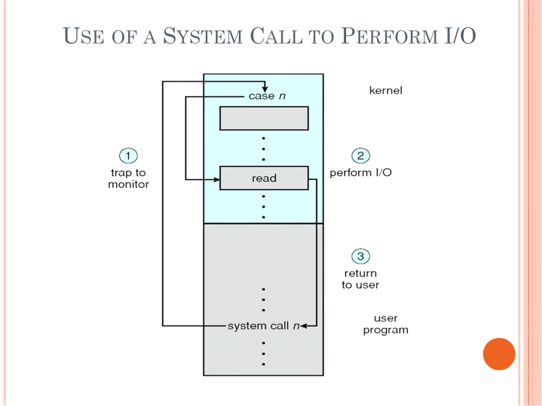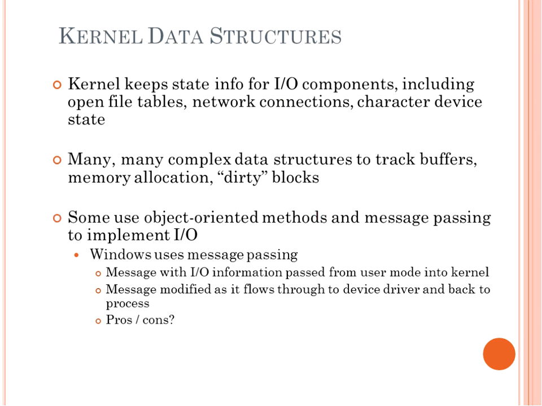So use of a system called to perform I/O. Again, we looked at this when we were looking at Chapter 3 and Chapter 2, processes. So this should be familiar, but this is how you can translate the actual electric signals and devices and how to make sense out of these signals that are being sent to or from these devices and being able to put it into a program so that it could be worked with. So it can be transferred and made sense of. It has to make sense, at least to the end user.